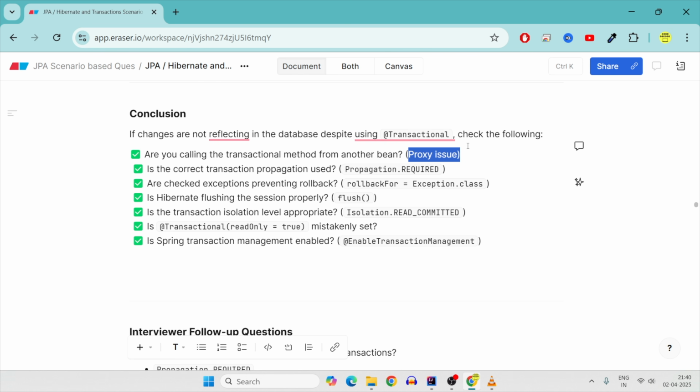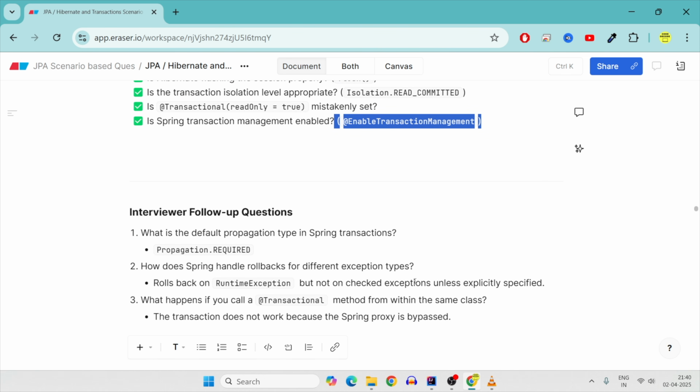If you have not used propagation and isolation levels properly, if you have not flushed explicitly, if it is not available, if you have not rolled back in the case of a checked exception, then also you will read data which should not be there in the database. By default, mistakenly you have made it read-only as true, and you might not have enabled transaction management, which is needed in a plain Spring application, not a Spring Boot application.